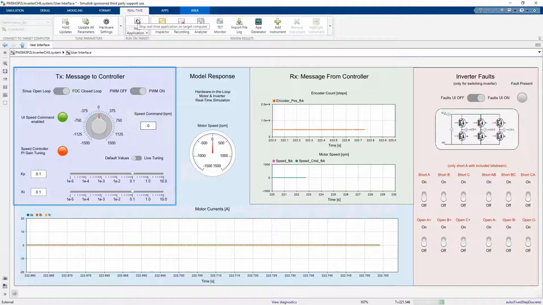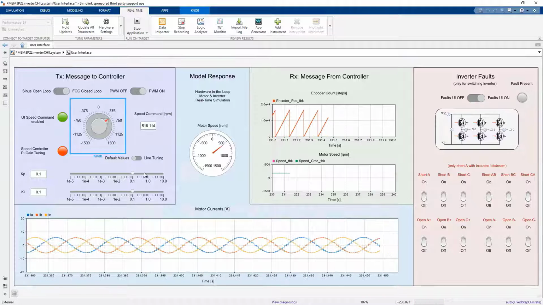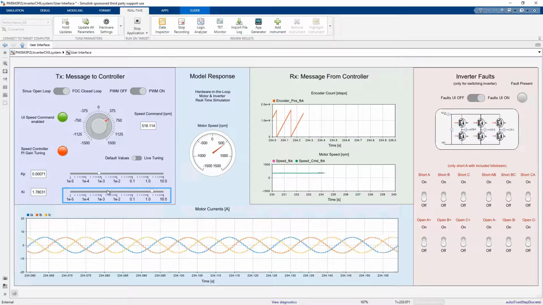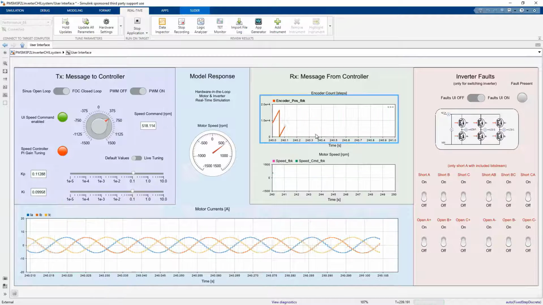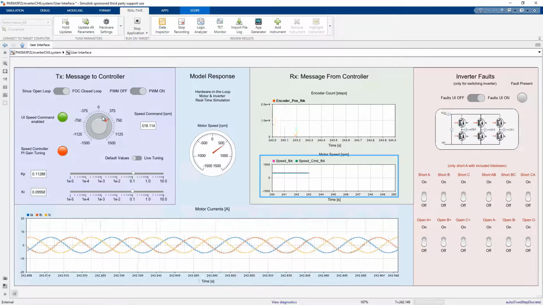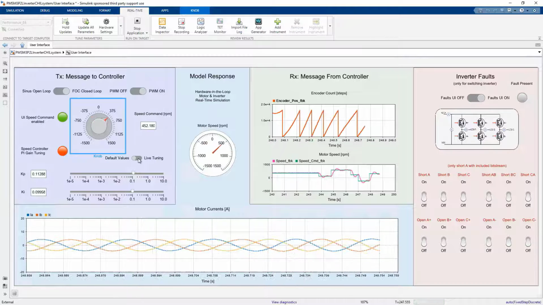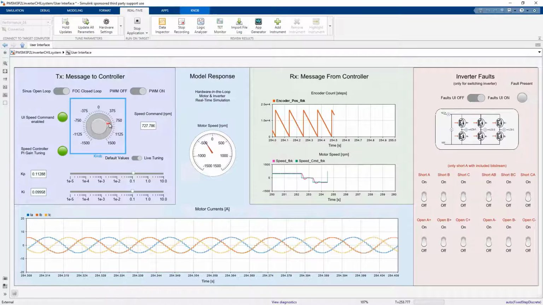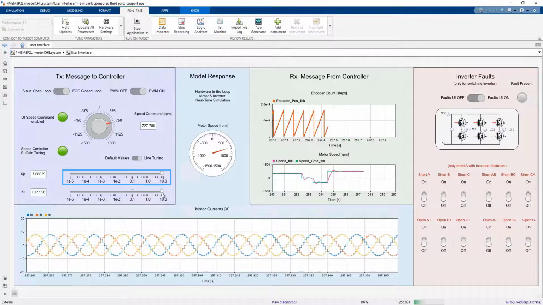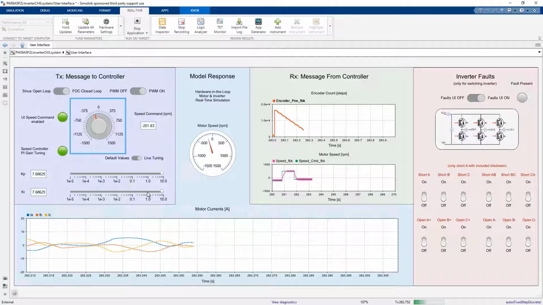We have made a simple user interface directly in Simulink using dashboard components. It allows us to send the commands to the controller via the CAN bus, and we can change the speed set points as well as the speed proportional and integral gains. On the right side, we display the information that the controller is sending back, such as the encoder counts as well as the calculated speed. This is very useful to debug any issues with the controller as well as compare it with values from the model. We can even do some live tuning, and once we are satisfied with the controller, we can start automating the tests.